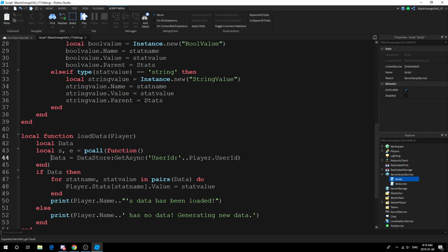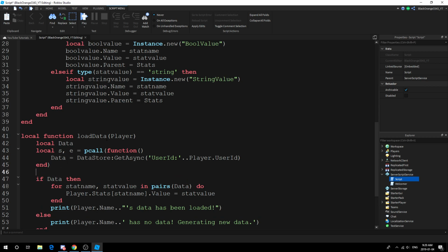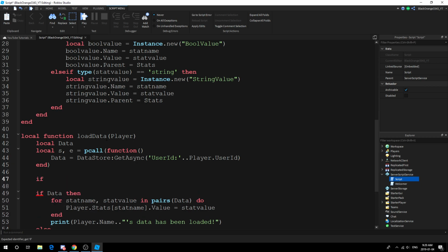You might be wondering what the hell I am doing. Well, what pcall does is if there is an error, it will notify you if you want it to. But basically, if there is an error, it will go along without saying it's an error and stopping the entire script. When I do local data with nothing else behind it, it usually means local data equals nil. This here is just updating the data so that it's either nil or something, and here we still check the same thing. Now, if you want the system to notify you, just do if s then